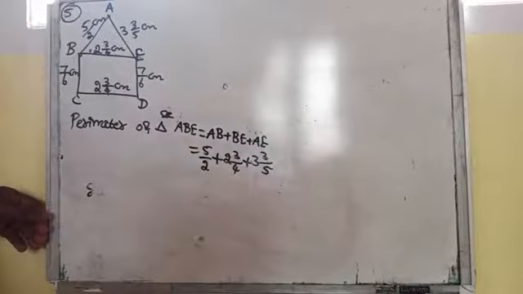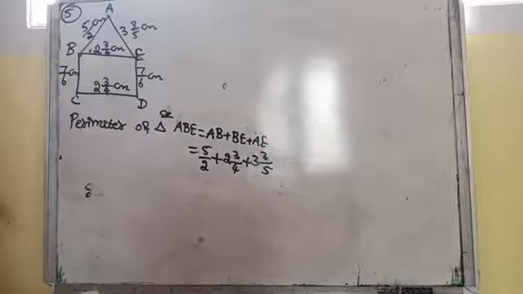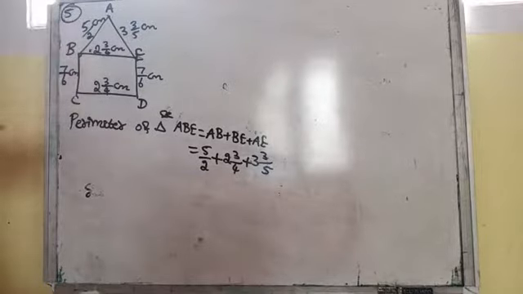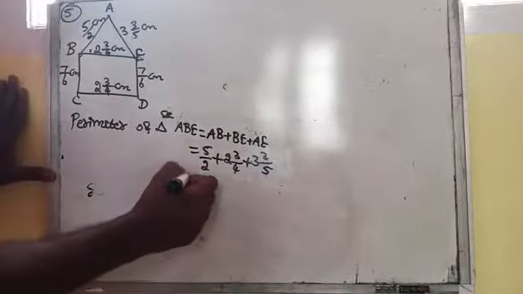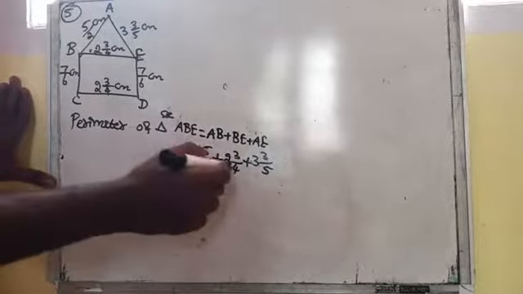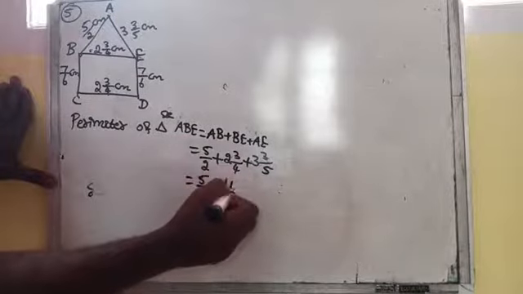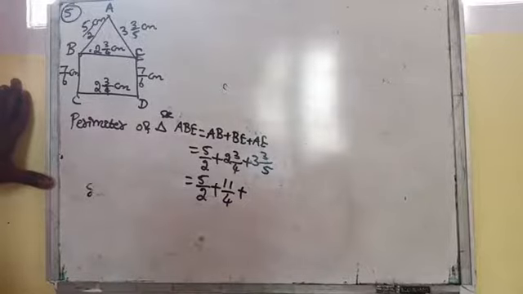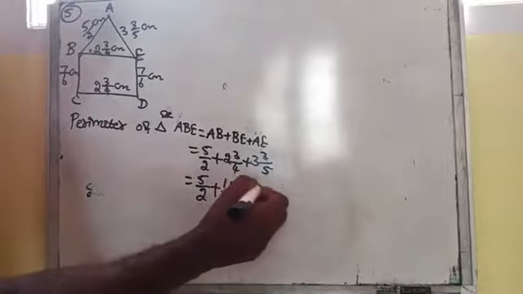When we are finding the perimeter or area, before that you have to ensure that all the measurements are in the same units. Here everything is given in centimeter only, so you need not convert. Otherwise, if one is in meter and another in centimeter, you have to convert into the same unit. Now first convert the mixed fractions into improper ones. 2 fours are 8, 8 plus 3 is 11 by 4. Then 5 threes are 15, 15 plus 3 is 18 by 5.